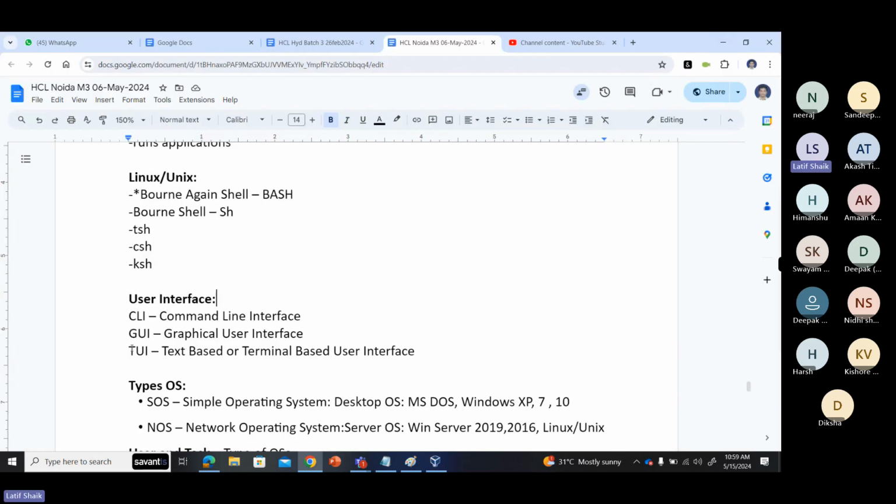Okay. Next one is TUI, text based or terminal based user interface. What is it? Maybe you don't know. Because you are new people using the C language, it's a Turbo C kind of stuff. In olden days, we had the edit command. So like that. A terminal based or text based interface is a kind of CLI, but few things